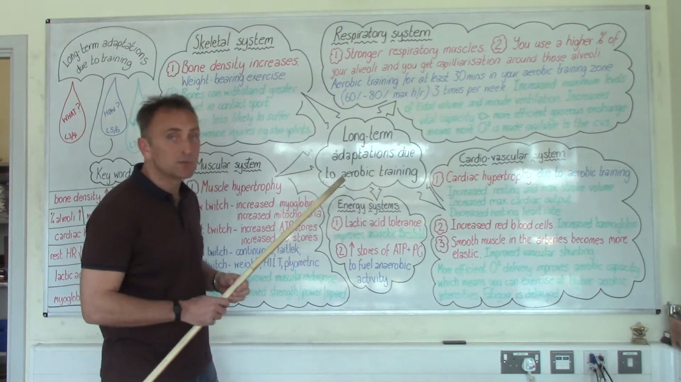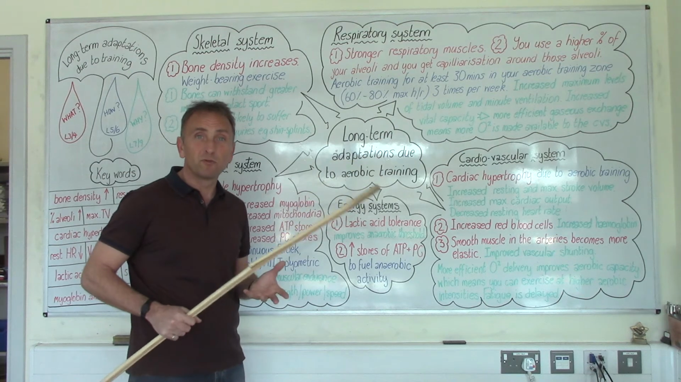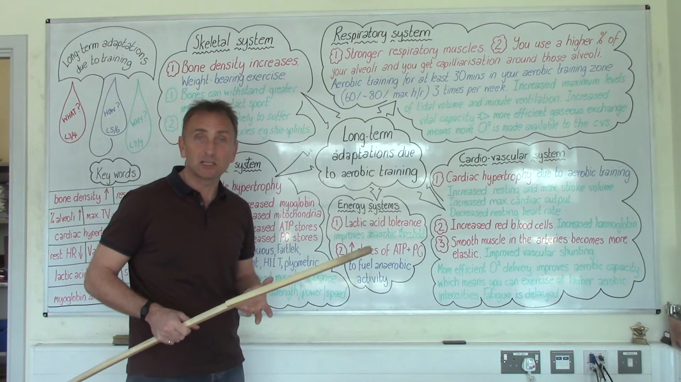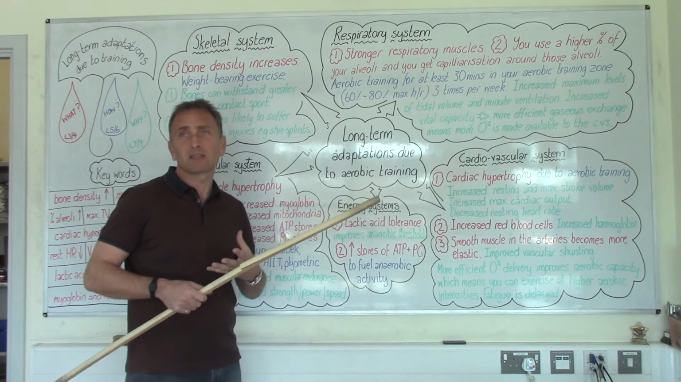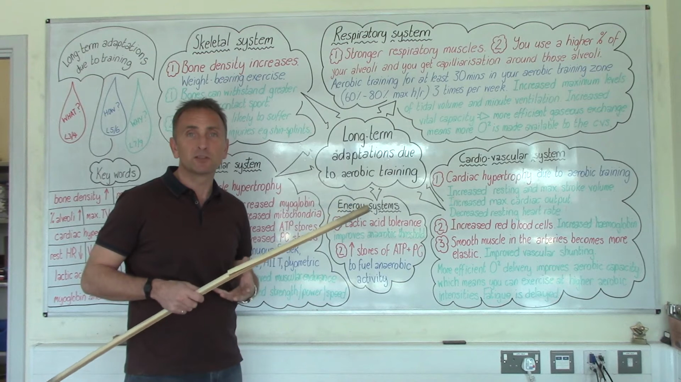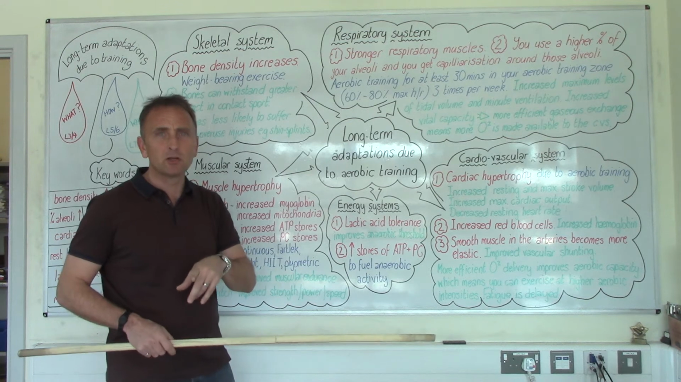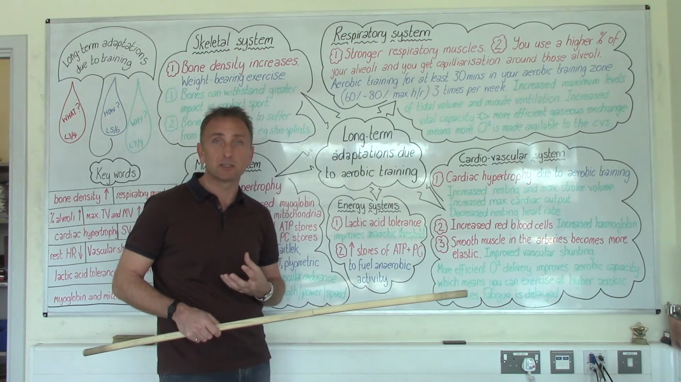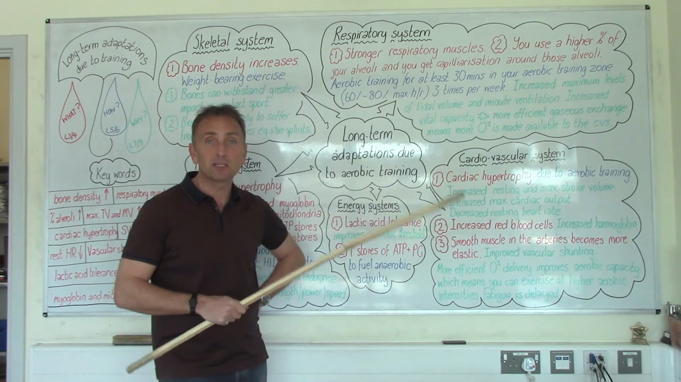Let's move on to the respiratory system. So respiratory muscles are responsible for inhalation and exhalation. Guess what? The diaphragm and the external intercostal muscles become more efficient. So they're better at manipulating the size of the thoracic cavity. So you get more efficient breathing. You can breathe quicker and you can breathe deeper. You also, in your lungs, use a higher percentage of the alveoli that you have, and you get capillarization around those alveoli. If you train in your aerobic training zone 3 times a week,